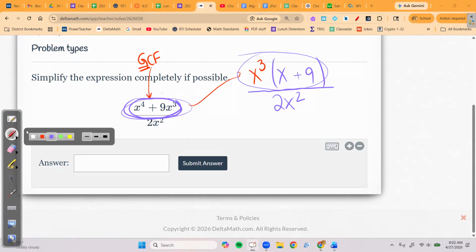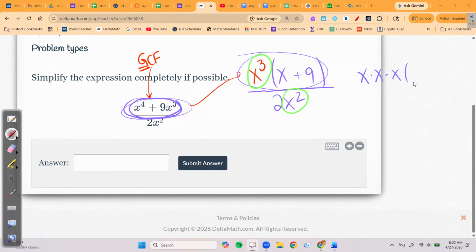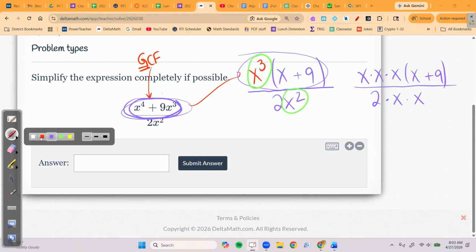But what you would spot now is that this thing, I'm going to circle it in green, contains a pair of x's, and this thing contains a pair of x's. If I were to write this out in a very raw format for you, it would look like this. The top would be x times x times x times x plus 9. And the bottom would be 2 times x times x. I don't expect you to write it out like this every time. That would be silly. But just this once, perhaps it will help you to see